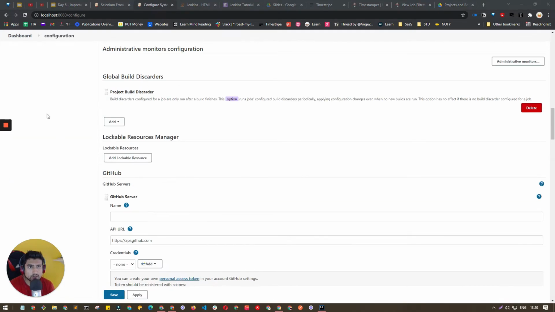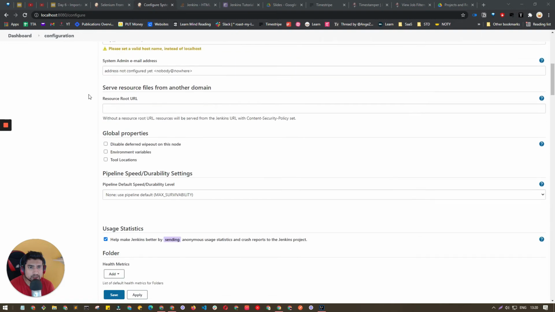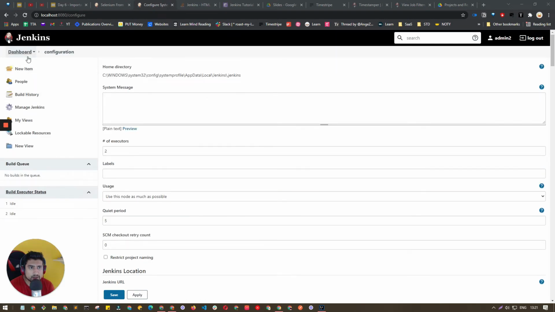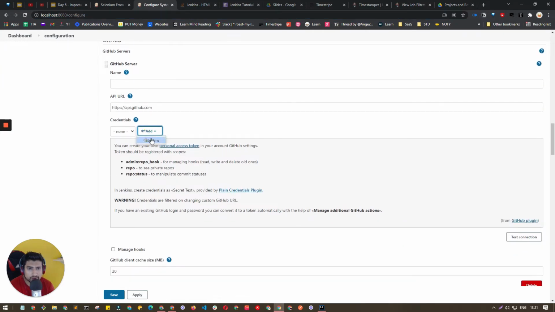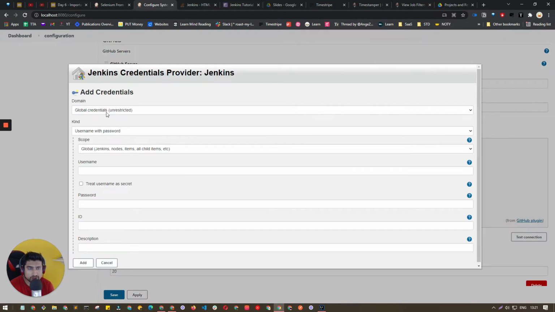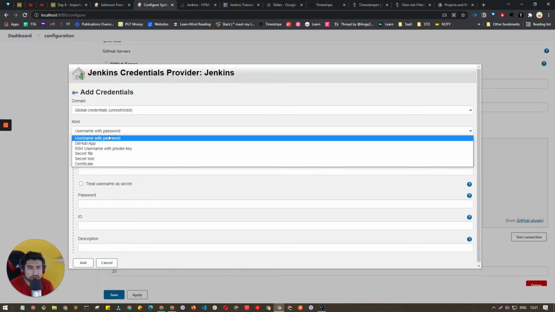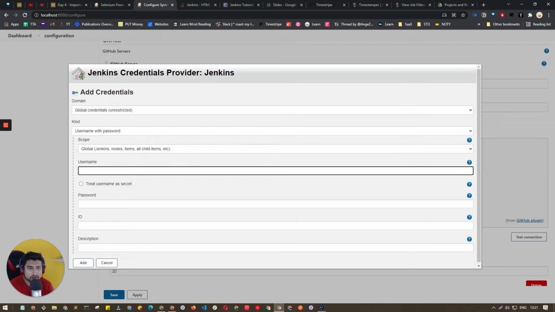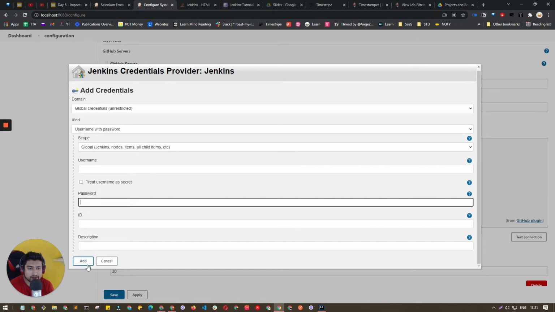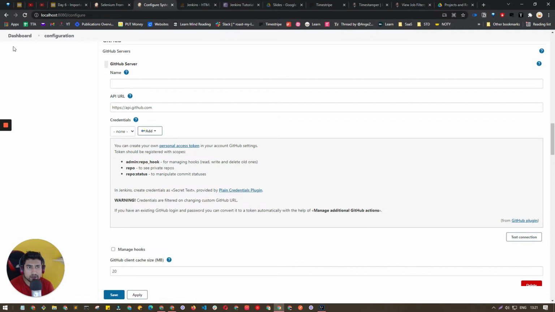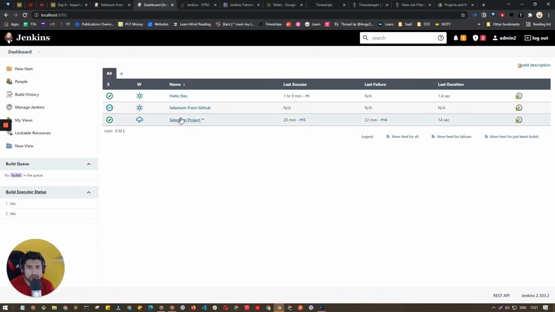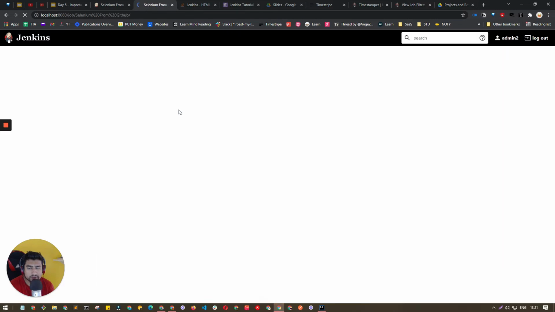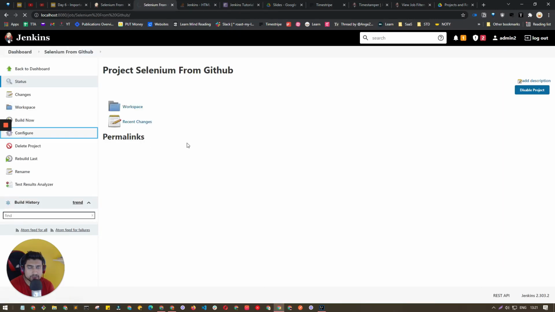All right. So you just need to go to dashboard configuration. Basically, this is here. You can directly go to slash configure. And here, just go down and you will see whenever you do Jenkins, it will ask you which username that you want. For example, global credentials, username and password. Here you will enter your username, your password, and click on add after that. But right now, we have a public repo, so we don't need any username and password. So we'll go again to GitHub from here, configuration.